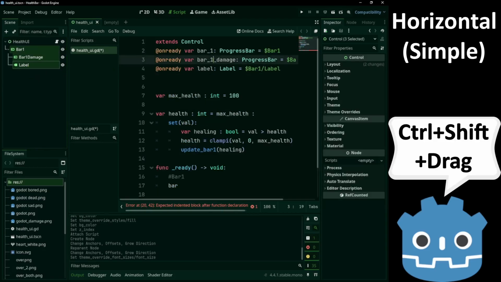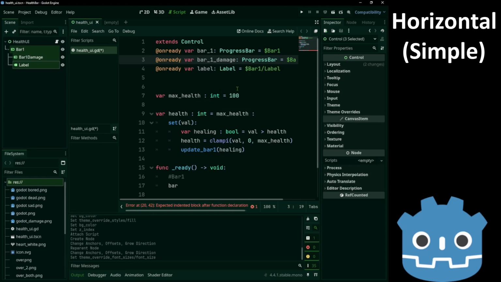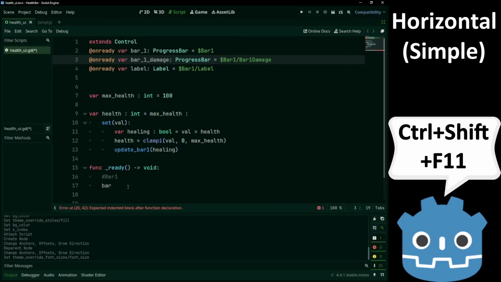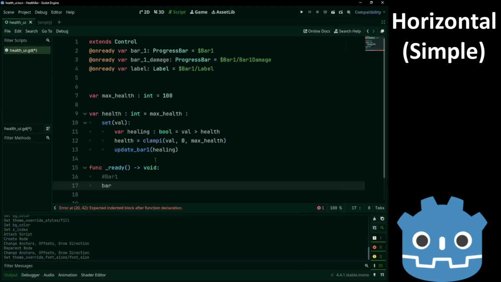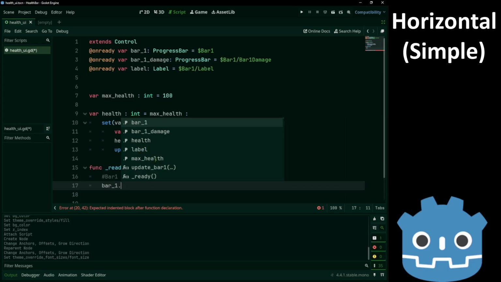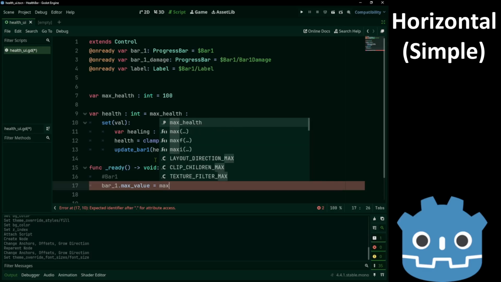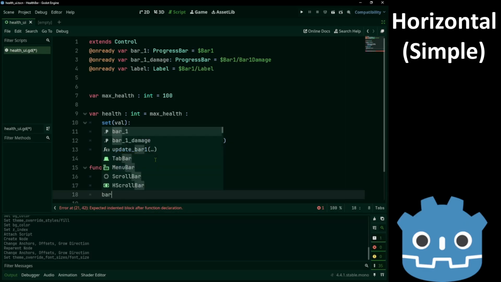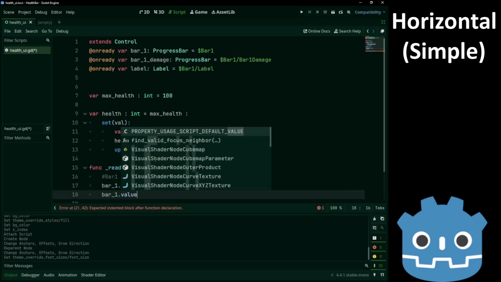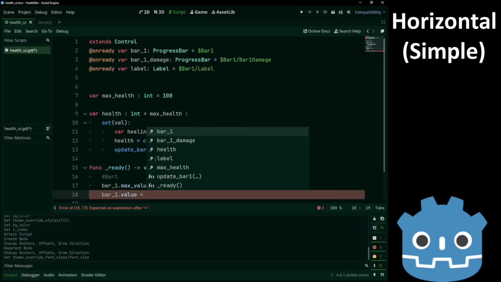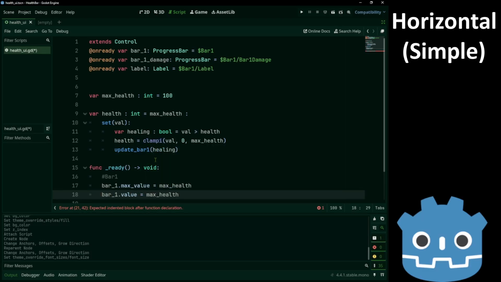Okay, now let's write the ready function. We need to drag these three in our script. Bar 1 dot max value is equal to max health. Bar 1 dot value is equal to max health.